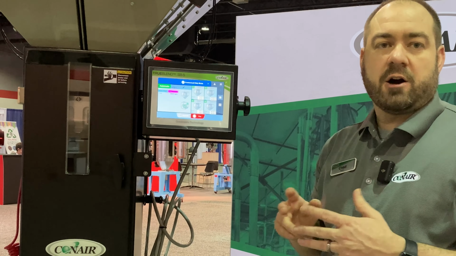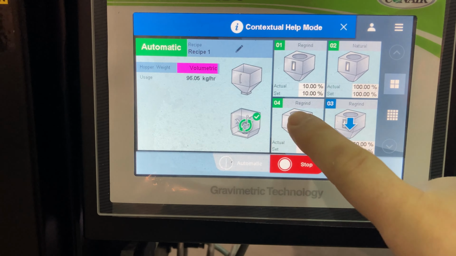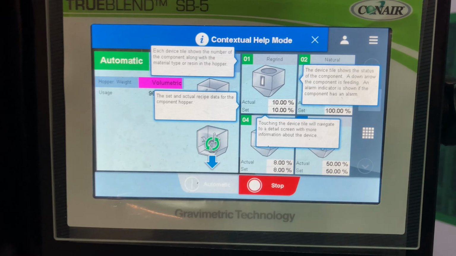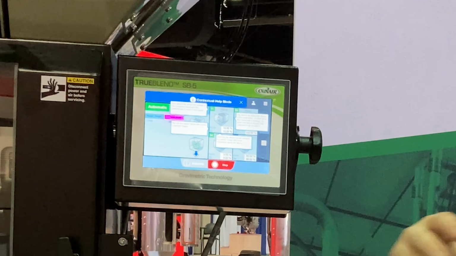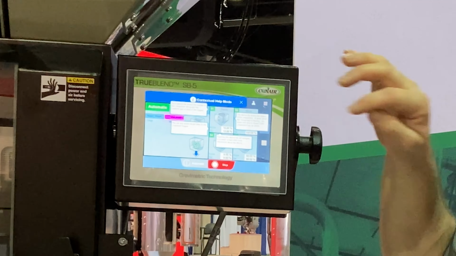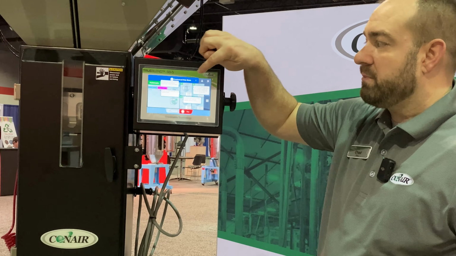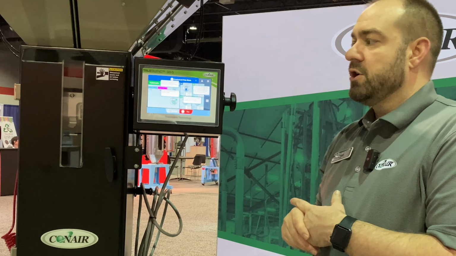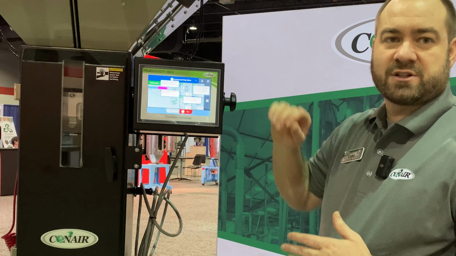Now this is really helpful for people who aren't exactly sure how to operate a piece of equipment. You hit that contextual help button, and anywhere you press on the screen is going to give you an example of what pressing any of those buttons do or changing those settings do. So before you make a change, you get a preview of what you'll be changing and how that'll affect the operation of the machine. So contextual help mode is huge in these new common controls to help newer operators or someone who hasn't walked up to the machine in a while